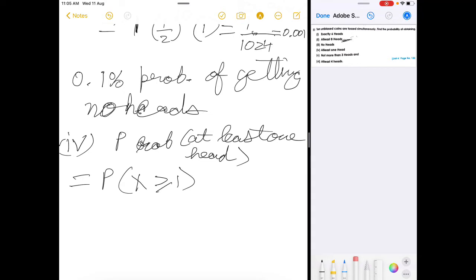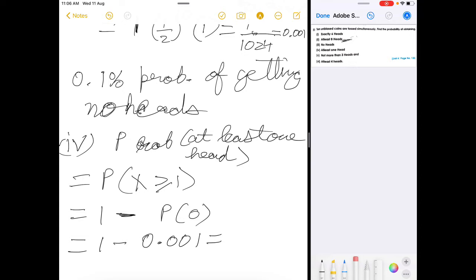That means 1, 2, 3, 4, 5, 6, 7, 8, 9, 10, all the rest. So what essentially we are asking? We are asking 1 minus probability of 0. So other than 0, getting any number of heads, what is the probability? So we just remove the probability of getting 0 heads. So 1 minus